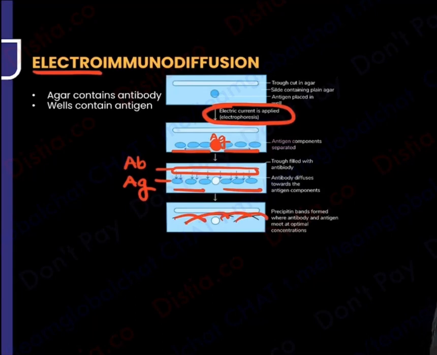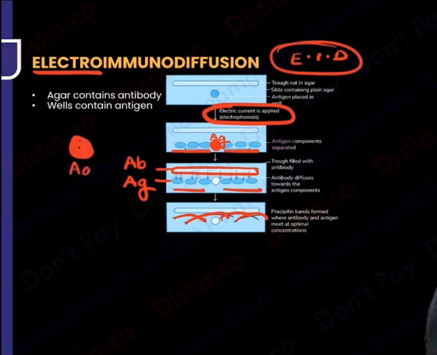So why do I want to call it immunodiffusion? No, now I'll call it electroimmunodiffusion. Because what have I done? I told you na, every antigen is very complex. तो मैंने इसको छोटा छोटा पार्ट्स में, like you say antigen antibody reactions is a very complex chapter. I'll say okay, never mind, I'll break it into small topics. So by applying electric current, I have broken it into small antigens, and that is what you've done.